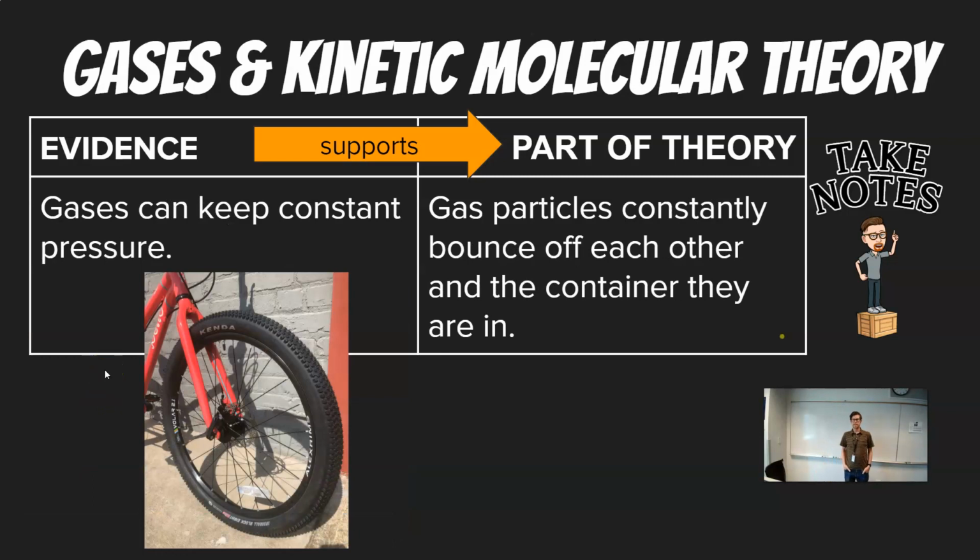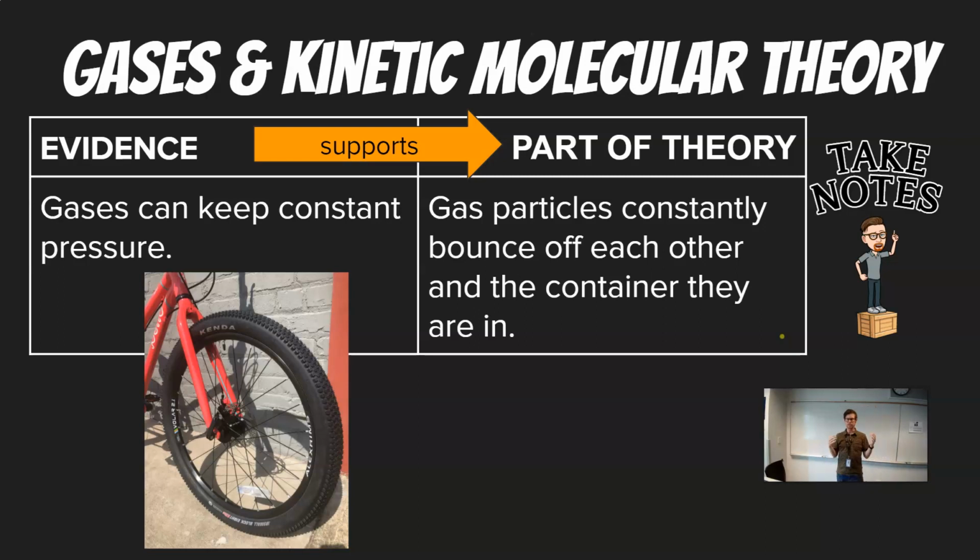And then gases can keep constant pressure. So imagine, for example, a bike tire. You inflate it, and then you go off for your bike ride. If the gas couldn't keep the pressure, then your bike ride wouldn't last very long, and your tire would be flat, and you wouldn't really go anywhere. But gases are able to keep up that constant pressure because they're constantly bouncing and they're constantly in motion. So inside your bike tire there's a bunch of gas particles bouncing off each other and bouncing off the sides of the tire, and that's what's keeping that